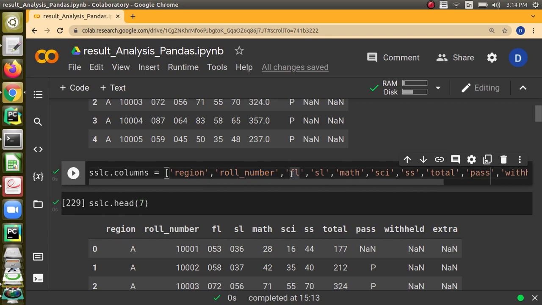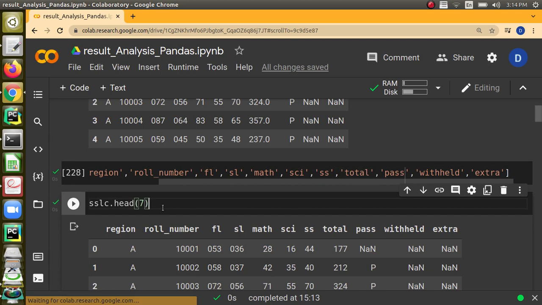Next one is FL indicating first language. Next one is SL indicating second language. Next is math, SCI for science, SS for social science. I have given total for total marks, pass for the field indicating whether the student has passed or failed, withheld and extra. So these are all the field names.